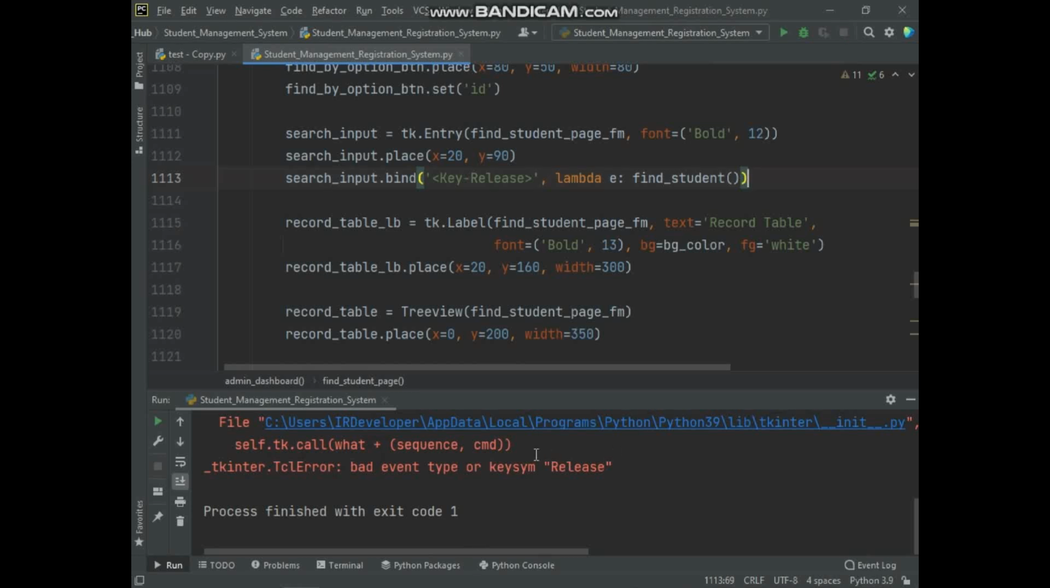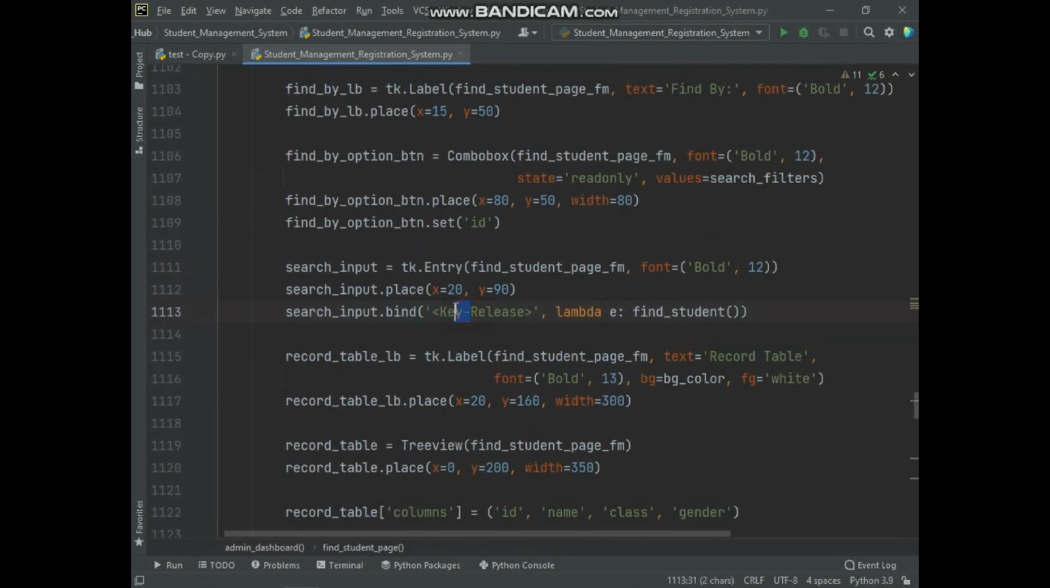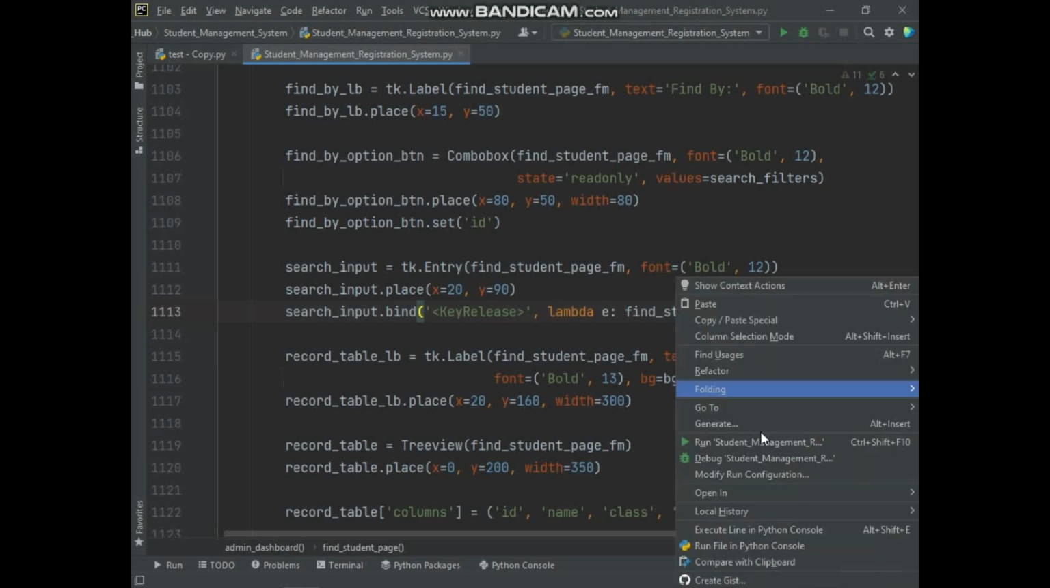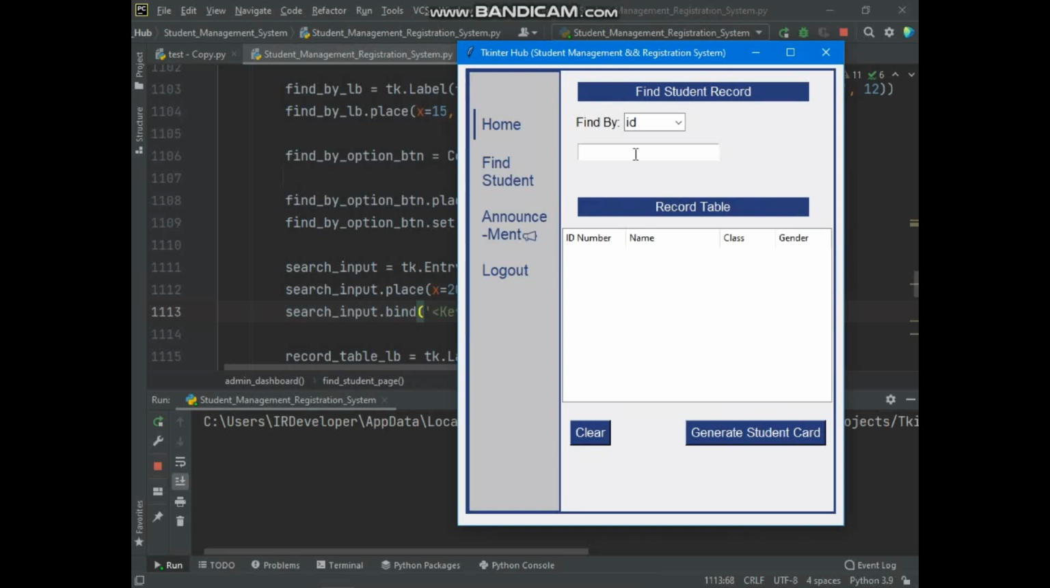Here an error occurs. Actually, I mistakenly made a mistake in the event name. Here in the key release name, I don't need to add this dash symbol between key and release. K of the key and R of the release should be in capital case, without any space or any symbol. Now when I enter something into this entry box, the key release event will call back to the find